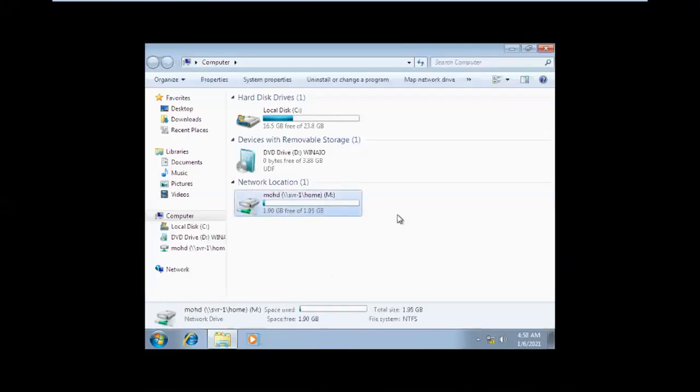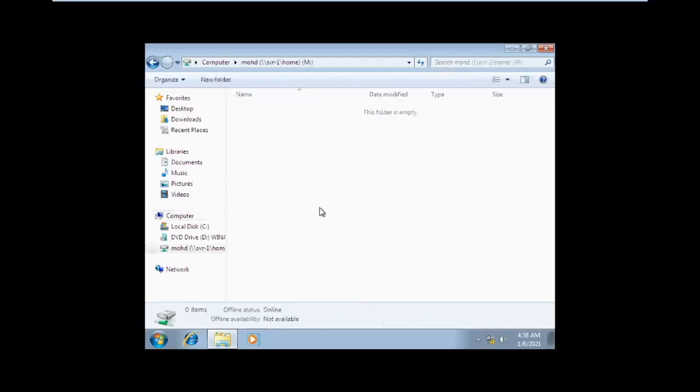See here, guys. Yes, sir, we are able to see this share folder here. Yes, you find it. So now open it, and you can store the data, whatever you are working on.